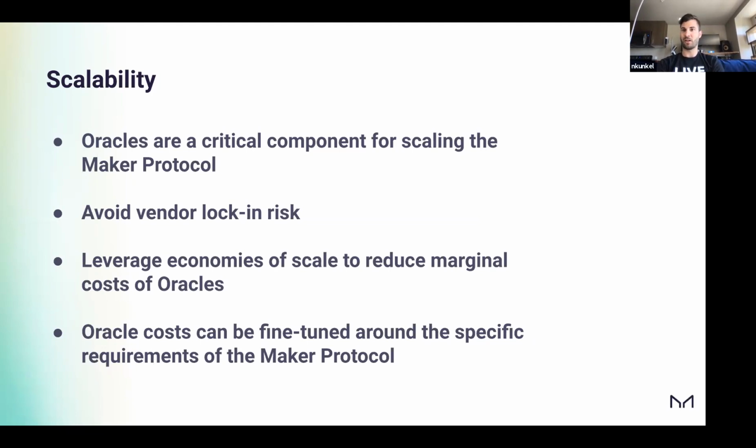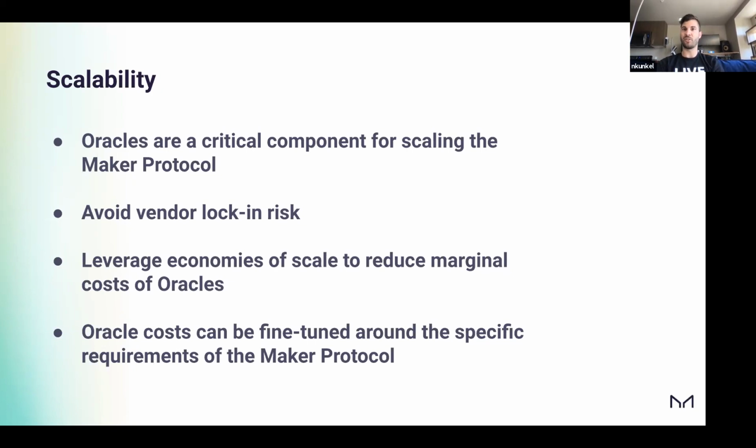The Maker protocol is the largest, or at least one of the largest DeFi protocols in existence at the moment. And this trend is not going to go away. Maker is like Pac-Man, and it's just going to eat all of the collateral, all of the collateral, all of the collateral. That's its one main goal. And as a function of that, we will be running an obscene amount of oracles, right?